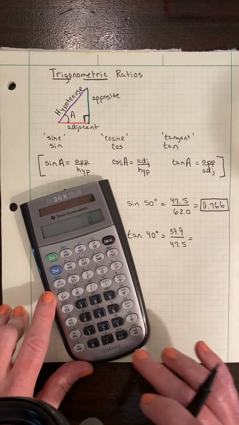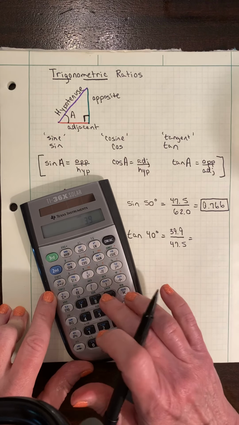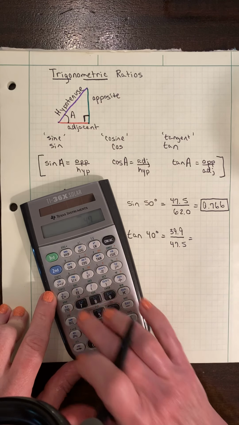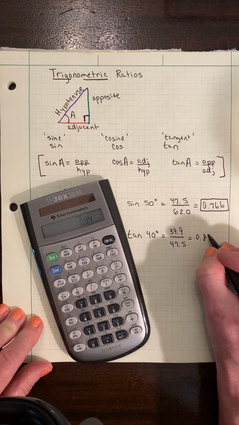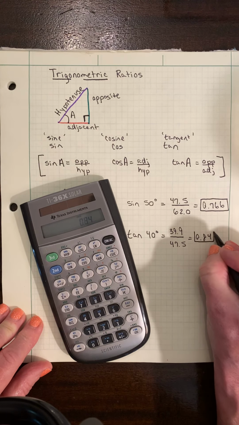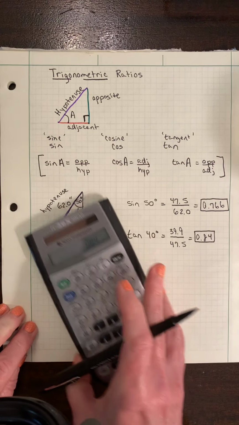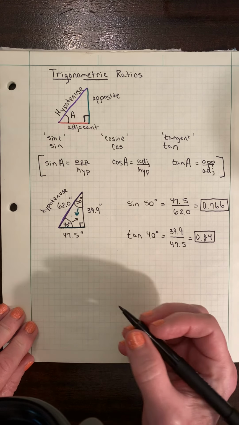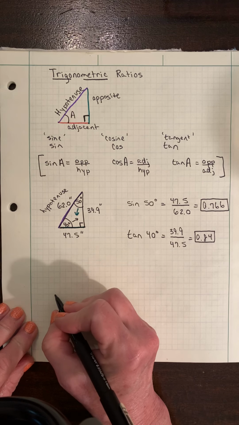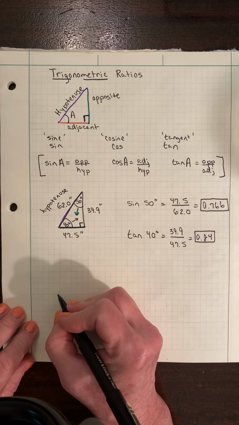Oop, I think I typed that in wrong. 39.9 divided by 47.5, and I get 0.84. Let's draw another triangle and we'll find some more ratios. So let's say for this one, I have